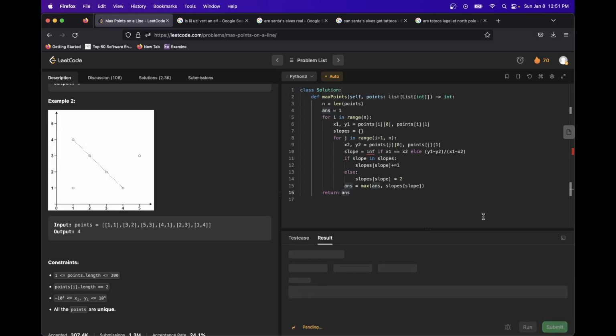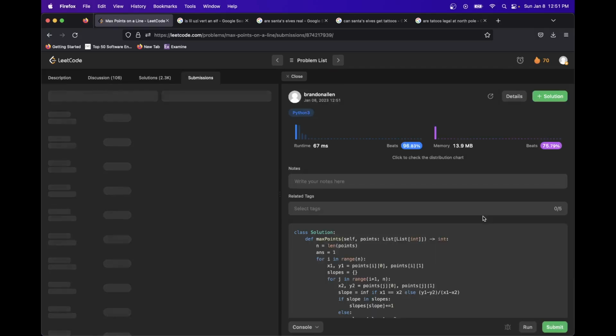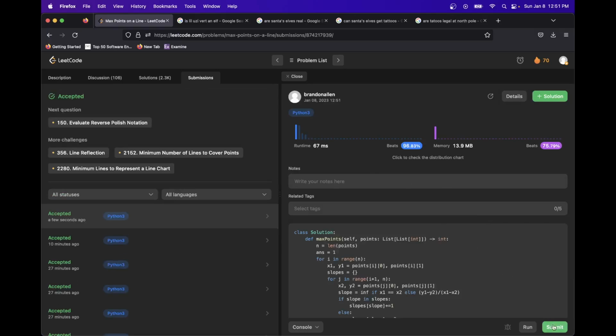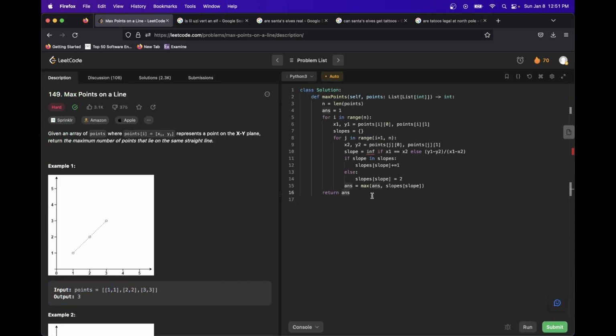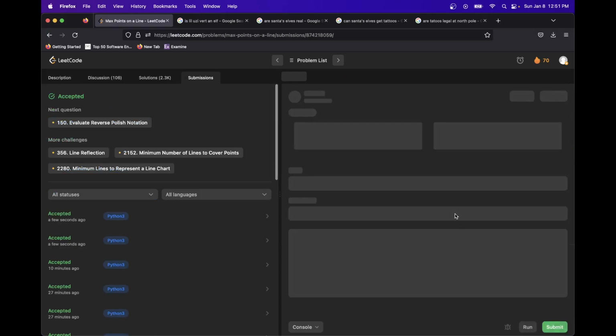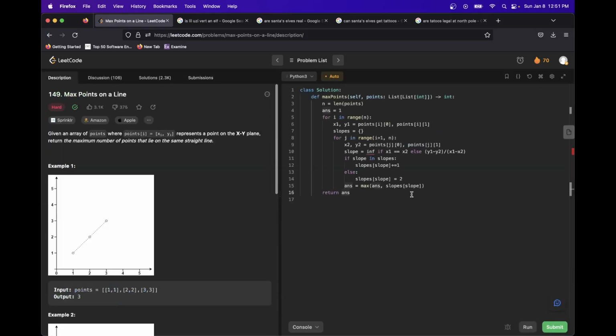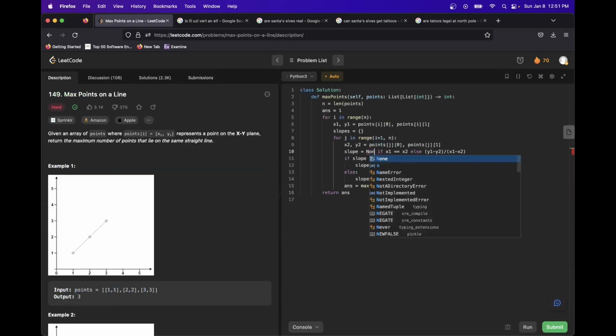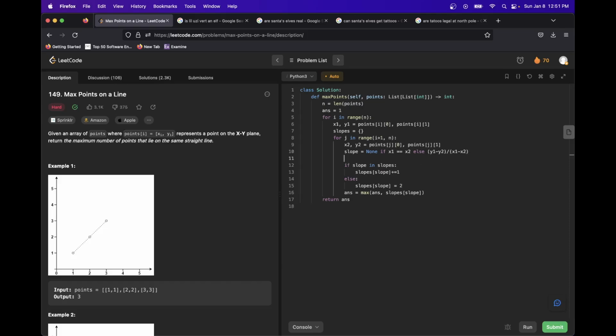So if we run this, it works, and it's actually about as fast as you can get. There are some theoretical optimizations that we can make, and I'll run through those, but as far as the solution, I mean, this is pretty much it. You could say none here, and another thing you could do that would be just unequivocally better is you could say slopes at slope